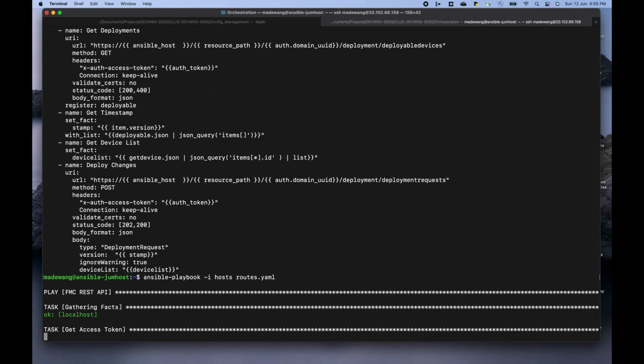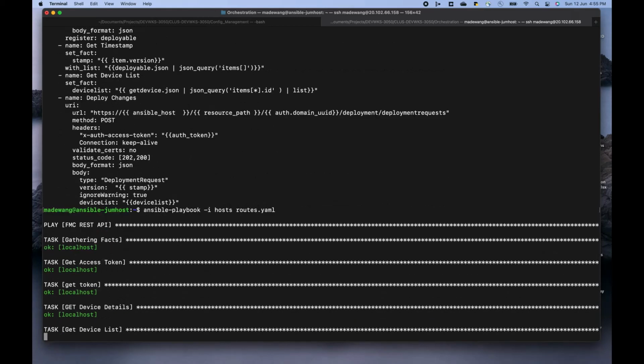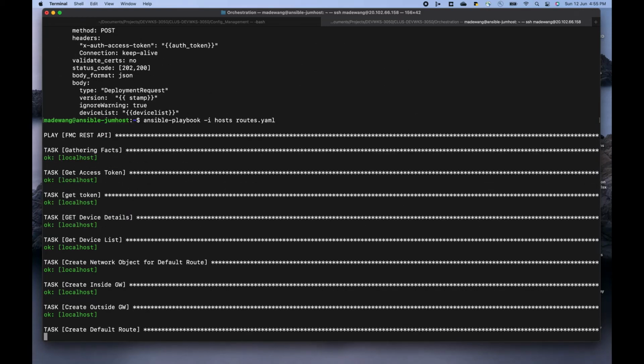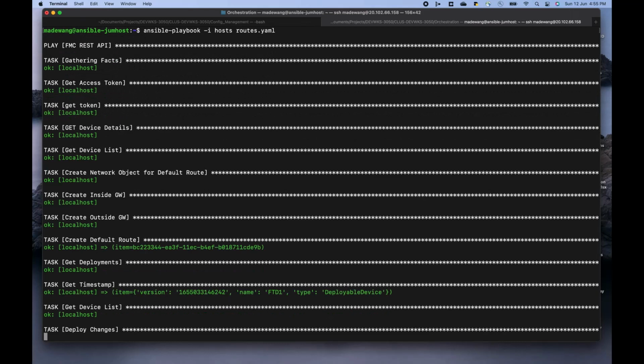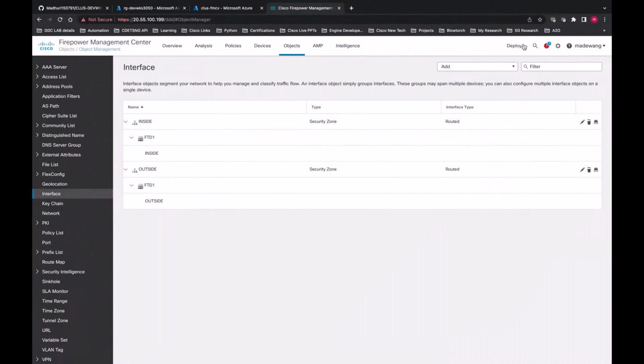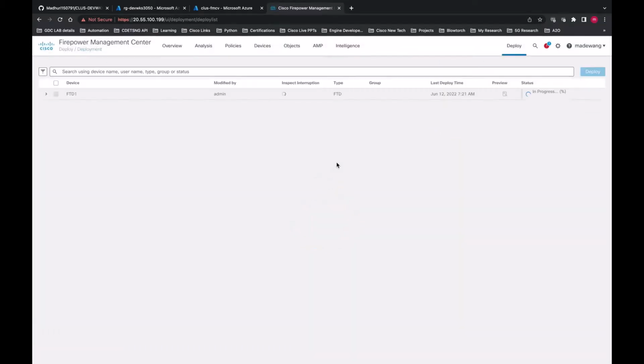During this deployment, it is going to create the network objects, it is going to create the route and deploy those changes into FTD as well, which we can verify from the tasks as all of them are going successfully. As you can see, there are 13 successful tasks which are deployed. We can also verify that without a user going ahead and deploying those changes, the deployment has already started. Meanwhile, this deployment gets completed,